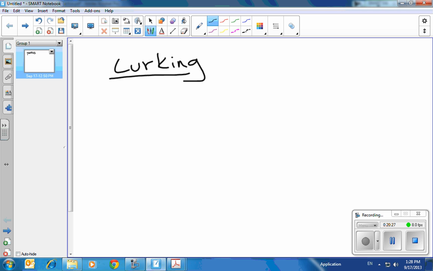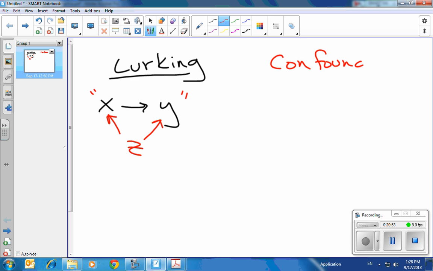Okay. So lurking is where there's some other variable that's affecting both x and y and making it seem like x is causing y. Okay? Confounding is where, in an experiment